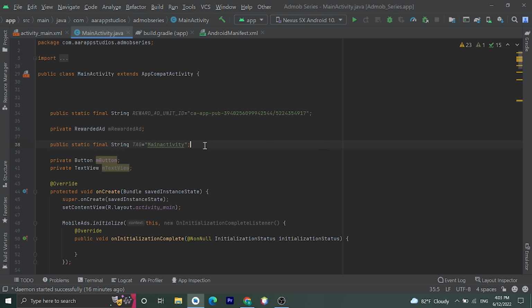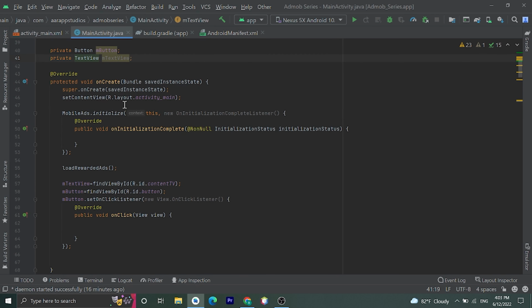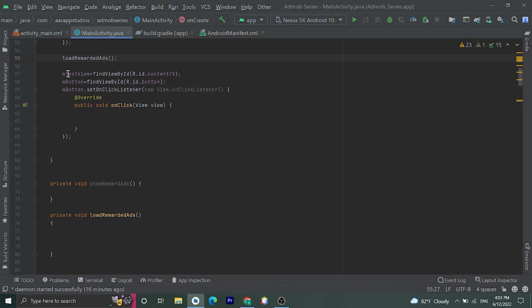I have declared this tag, and I have declared one button and one text view. Then inside onCreate, we have initialized the AdMob SDK by calling MobileAds.initialize. Then I have created one function called loadRewardedAd. Here we are going to load the reward ads, and I have already initialized this button also. I have initialized the text view by findViewById